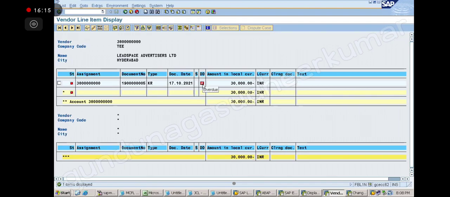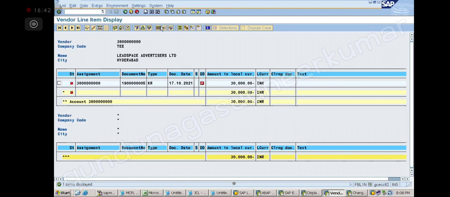Overdue symbol. How many symbols do we have? 3, sir. Yellow bell means due today. Red arrow means overdue: we were supposed to pay yesterday and we did not pay. What is the third symbol? Calendar. Calendar means not due.